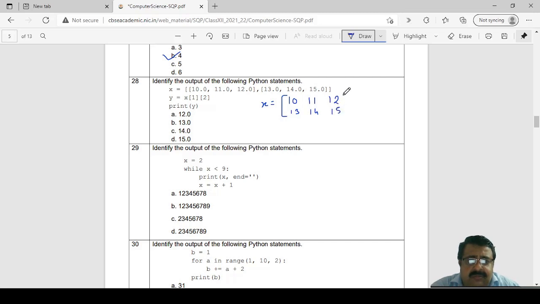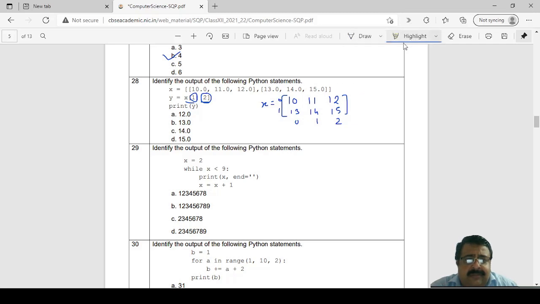Now, X can be represented like this. Here are the rows, row number 0, row number 1, and here are the columns, column number 0, column number 1, column number 2. Now the question says x[1][2], which means 1 is the row index and 2 is the column index.